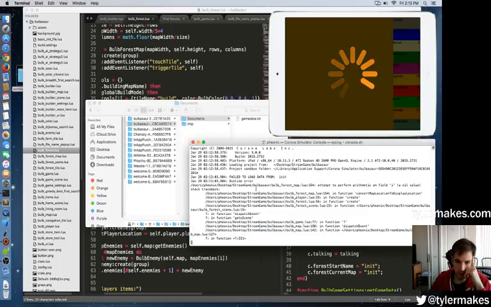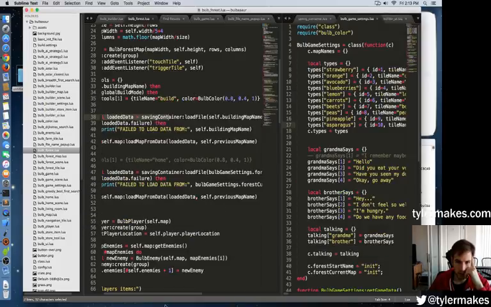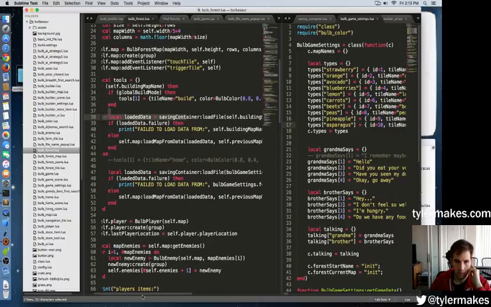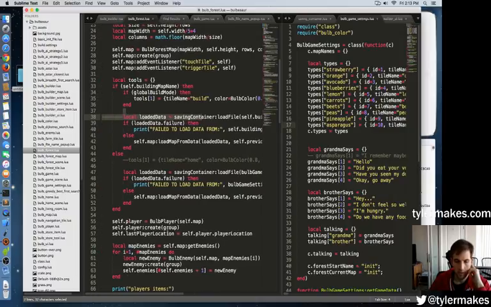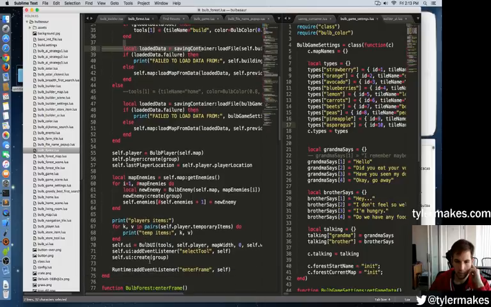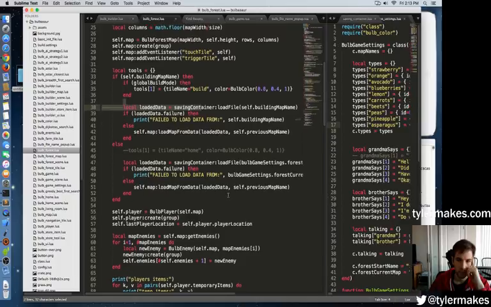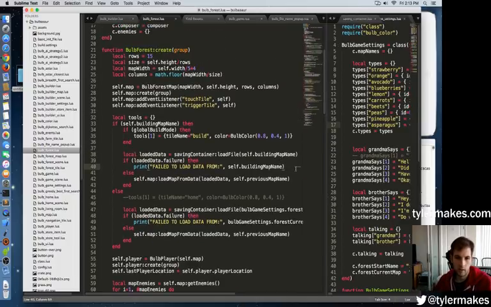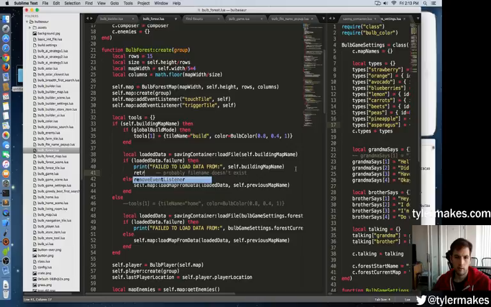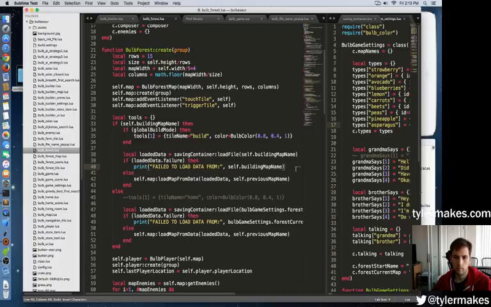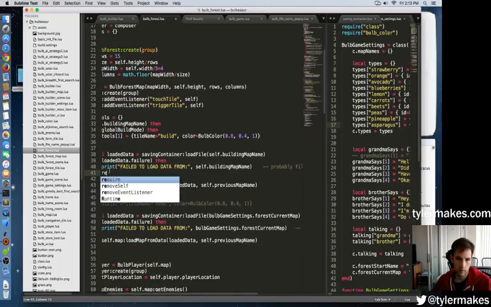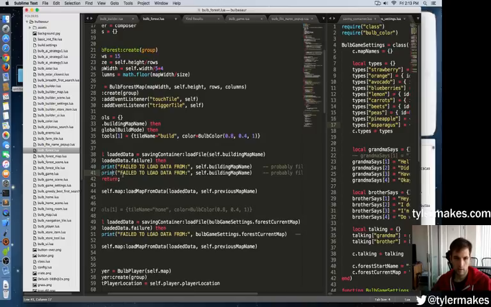Okay, so let's take a look at it. Okay, so failed to load data from init. That's great. But then it continues to go on and try to build stuff. So what we want to do is, we're going to hit return here. And we're just going to put